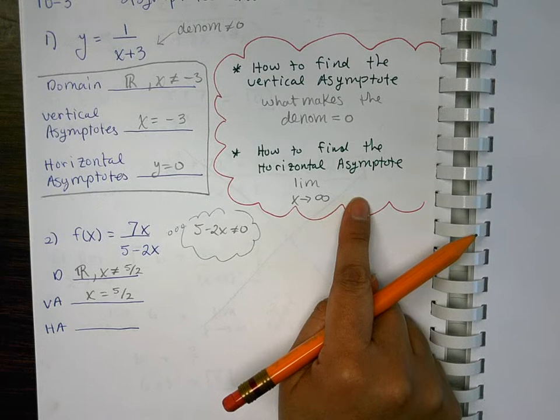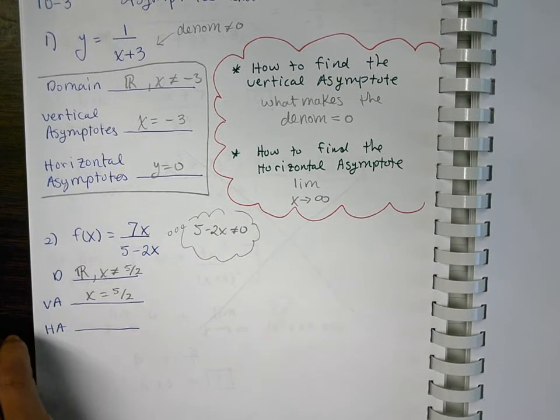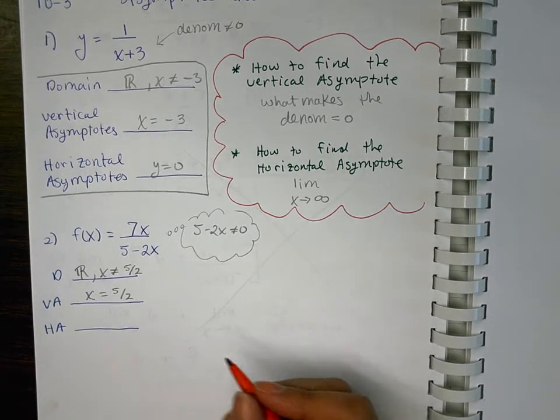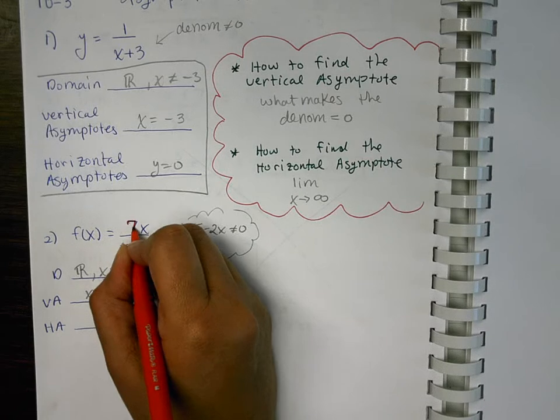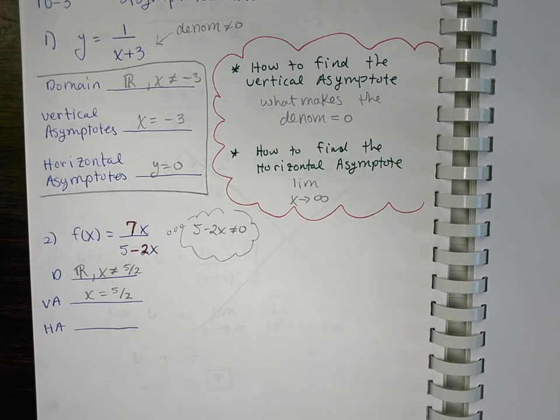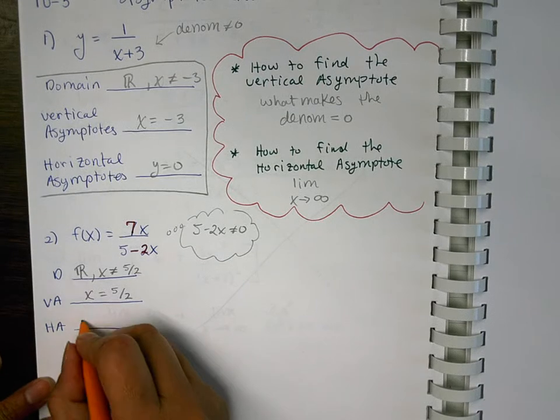The limit? Okay, so x approaches infinity. Top heavy, bottom heavy are the same? Same. And what do we do when it's the same? Leading coefficient. So that is 7 over 5 or over -2? So x equals or y equals? Y equals